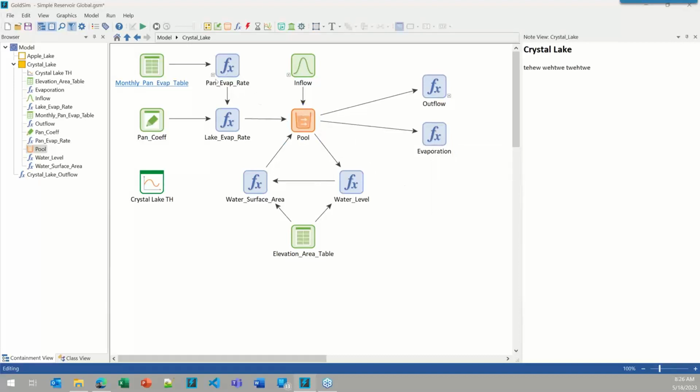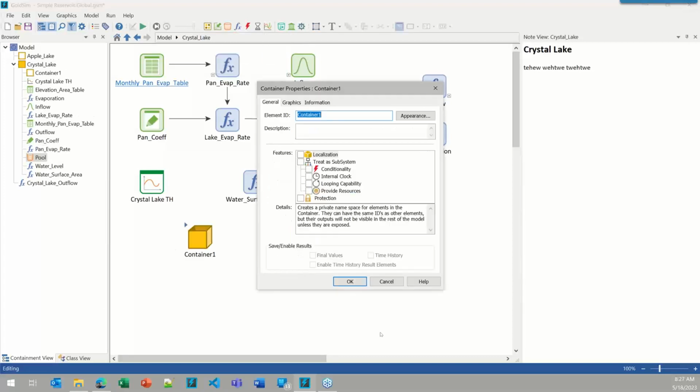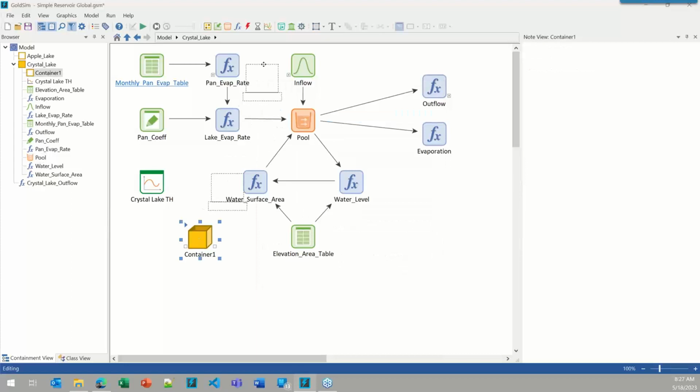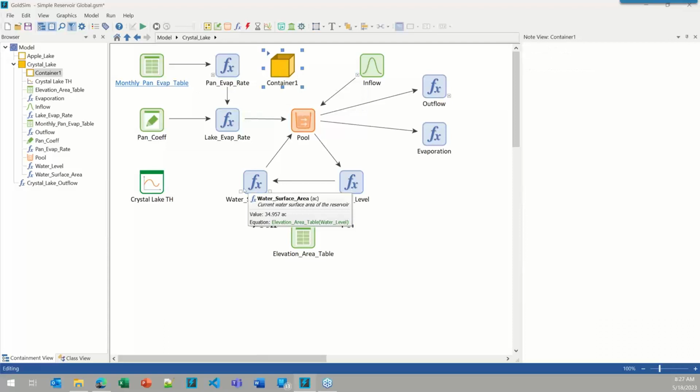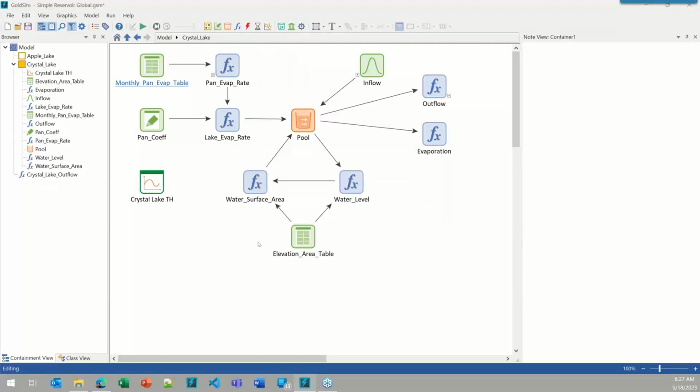But what does it mean when you have a dot here? What it means is that there is an influence coming from outside of this container. I shouldn't say above. Outside of this container is the right way to say it, because if you had a container inside of this container, let's say we have another container in here, and it has an output that we're referring to for evaporation up here, well, then there would be an influence line pointing right here. That's what would happen, and you would not have this dot. This dot tells us that there's an influence coming from outside of the container,